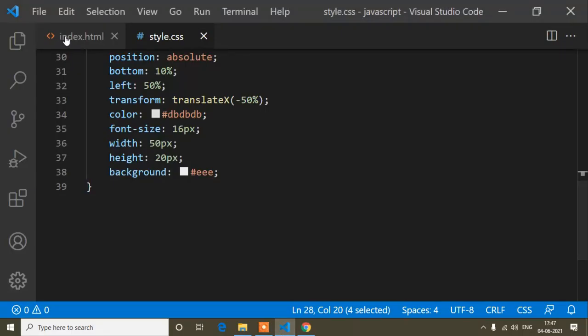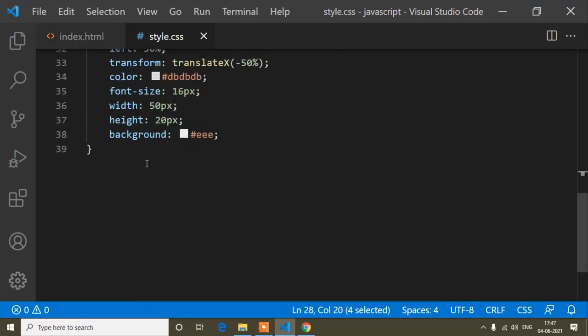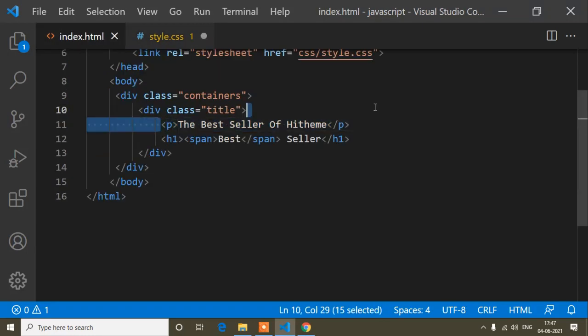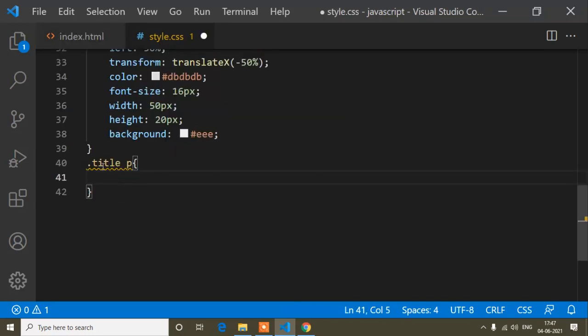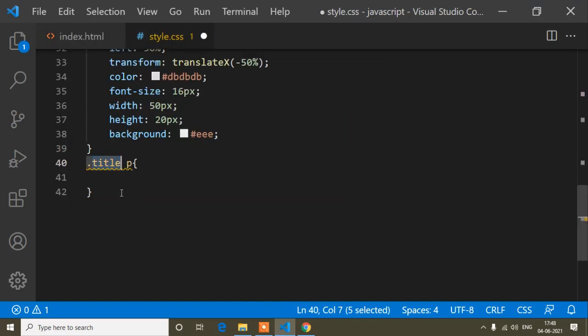And now guys, here I will add the CSS for this p tag. So I will copy this title, because inside this title tag there is the p tag. So now here I will copy this p tag. That means guys, whatever CSS I write in here will affect only this one, because I have written the title and p tag. So the p tag CSS will be added, with the parent being title. So now here the parent tag is title, so this p tag will be affected by whatever CSS I'm going to write.